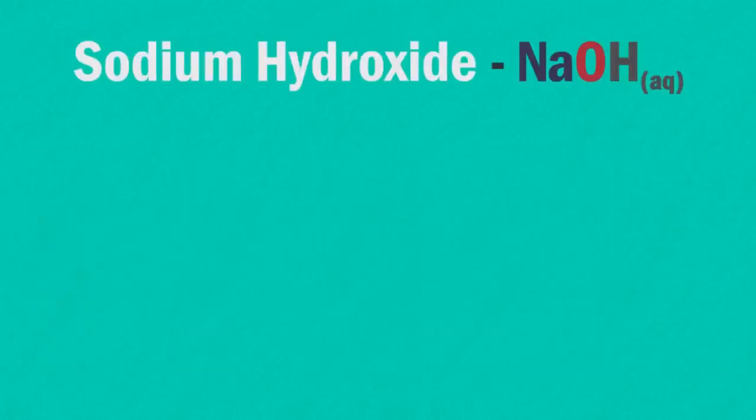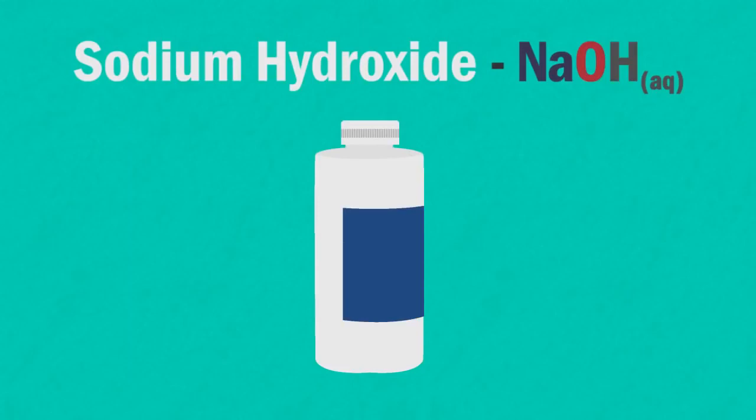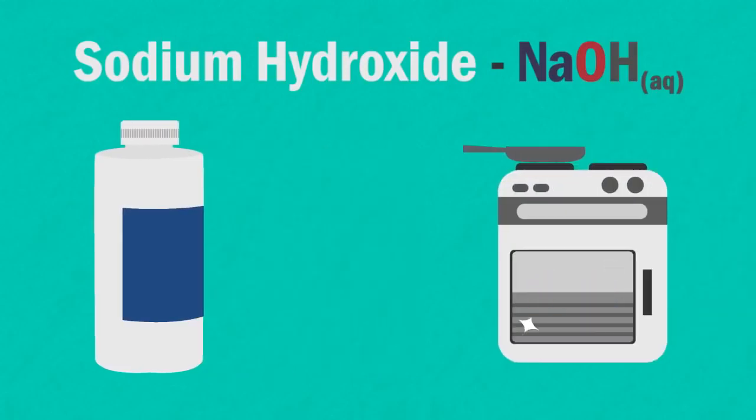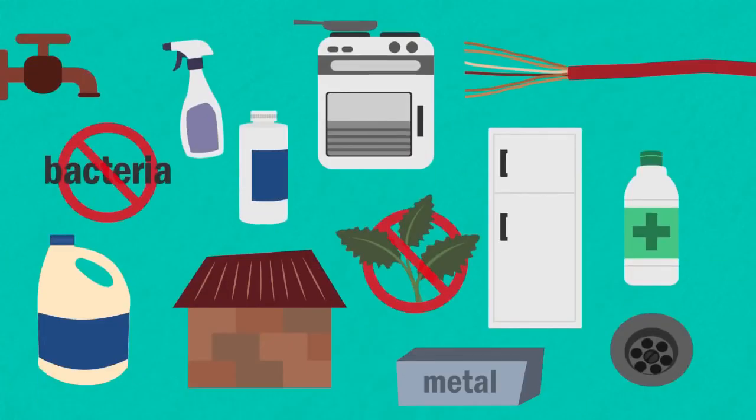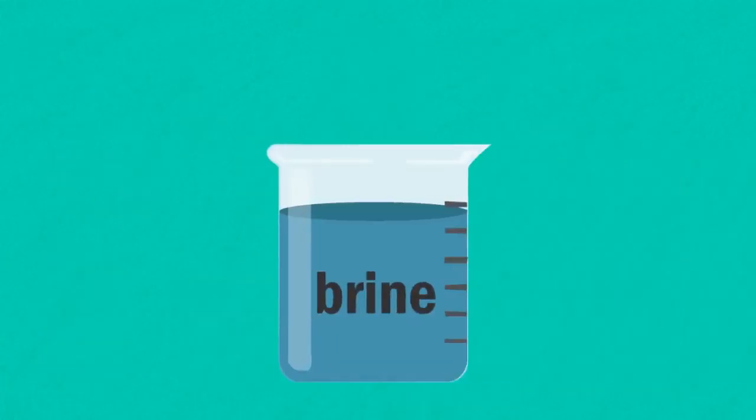Sodium hydroxide is another cleaning product, and the most common use for it in the home is for cleaning ovens and unblocking drains. That's a rather amazing collection of uses from our original brine,